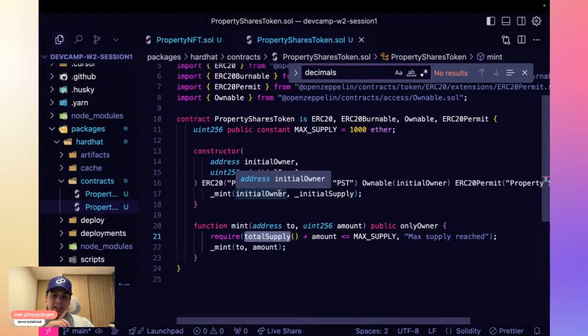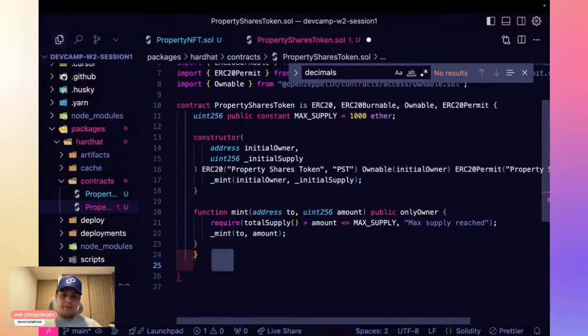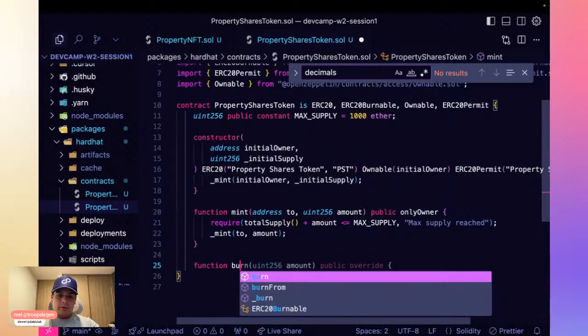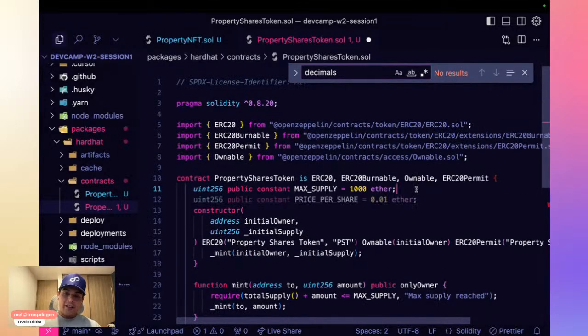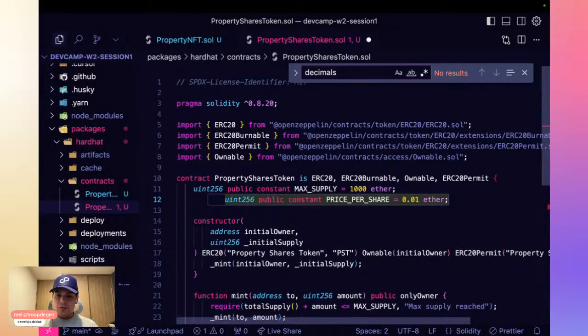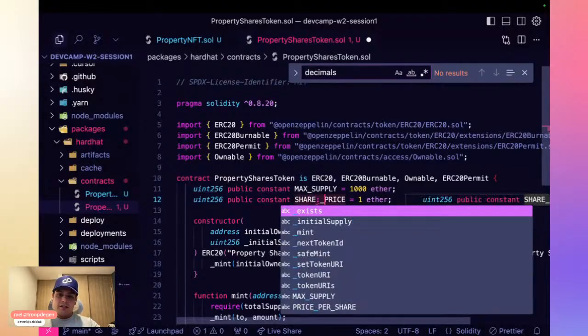And lastly, I'm also going to enable a sale function. So function buyShares. If we want to sell shares, we need to put a price per share. This could be done in a couple of ways. We could put a constant share price.